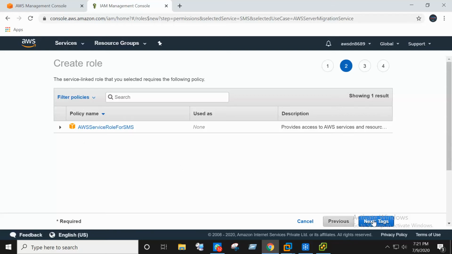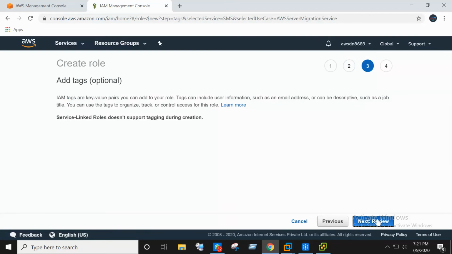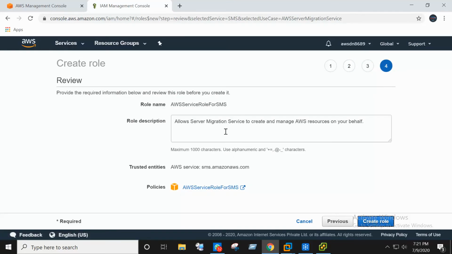So now click on next, tag, next. Finally, you have to give the role name. By default, the name is already available, and you don't want to change anything there.